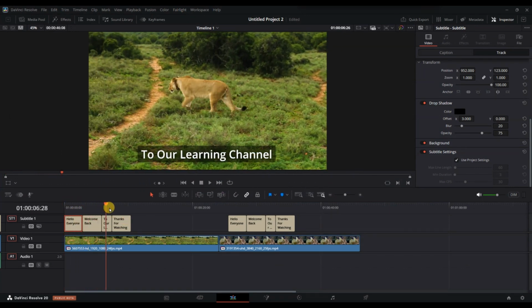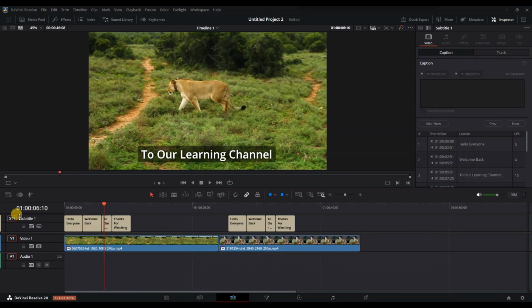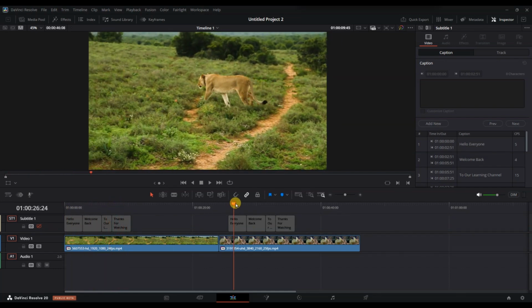To disable subtitles, go to your timeline and find the subtitle track. You will see a message type icon below the track name. Click on this icon to disable the subtitle track. Once disabled, the subtitles will no longer appear in the preview or final export, but the subtitle data remains intact